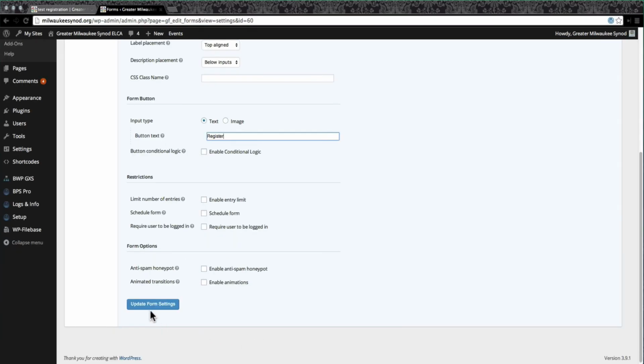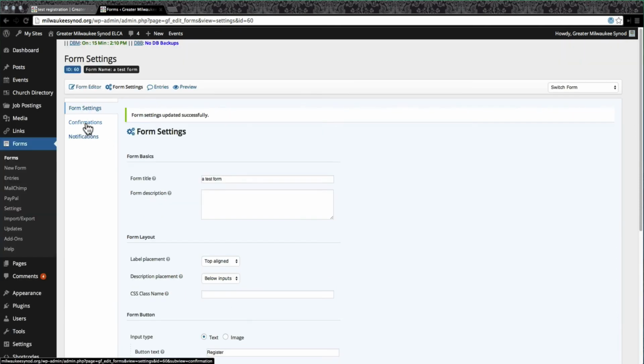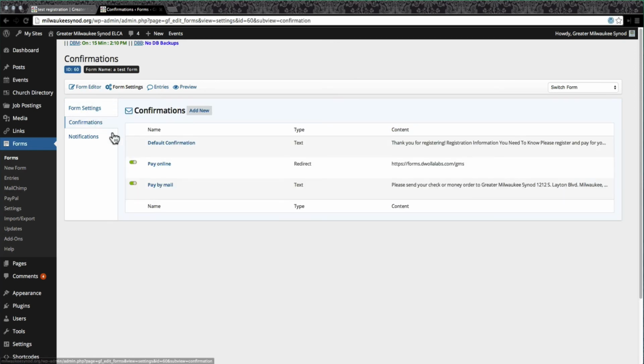And that will do that. So I hit update form settings. Okay. However, with the confirmations now, with the ability to pay online, we're going to create two different kinds of confirmations. We still have the default confirmation, which, once you create a form generically, it'll give us